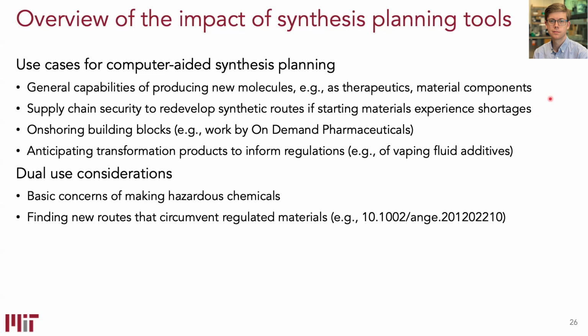Now in the dual use world, right, I promised that there'd be some comments on this. So you can imagine that if you have a tool that can tell you how to make any given molecule, you can put in molecules that we don't really want people to make, right? You can imagine people making hazardous chemicals, learning how to make regulated substances. The same capabilities that let you do this supply chain robustness, where you avoid a specific starting material in shortage, you could also use to avoid a specific starting material that's a controlled substance. And so there's a little bit of concern in how people might use these tools to circumvent the way that we regulate starting materials.